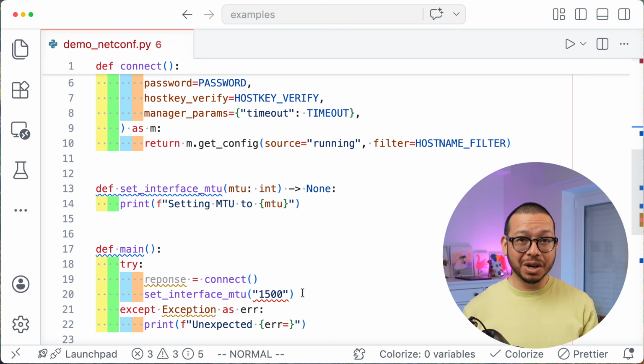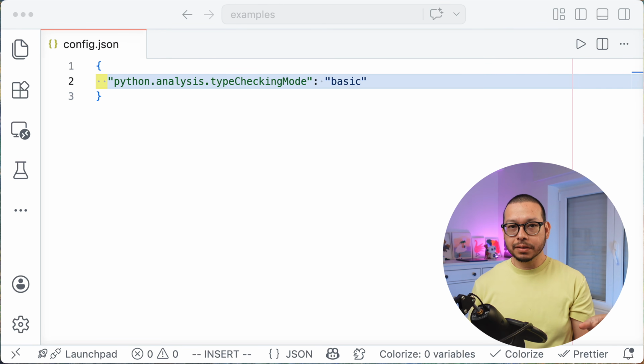Maybe when you do a comparison or if you try to do math with it. Instead, Pylance catches this kind of error right here in your editor instead of when you are running your program. To enable this, you set the configuration Python analysis type checking mode to basic. That's all it takes. Pylance starts checking your types, not aggressively, but enough to catch the obvious mistakes that will